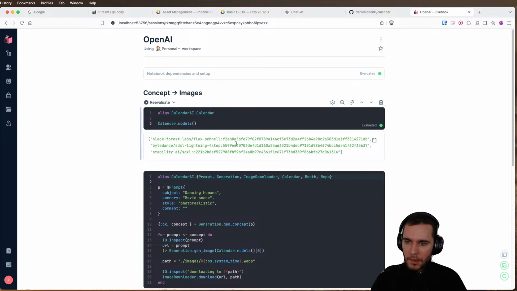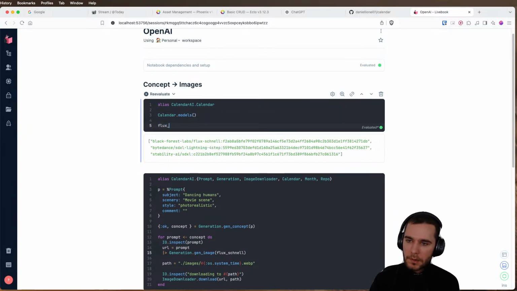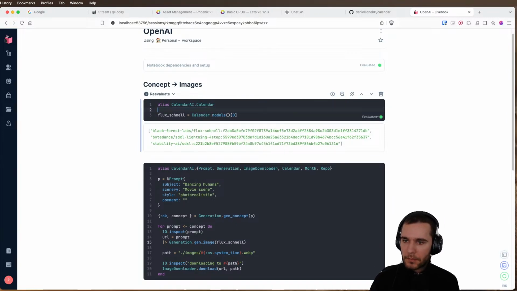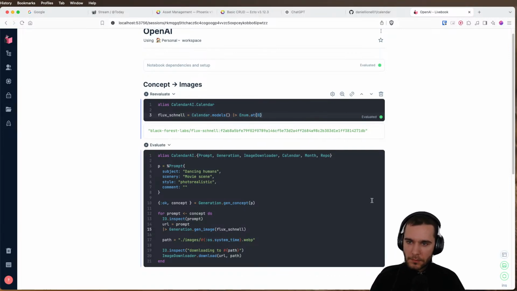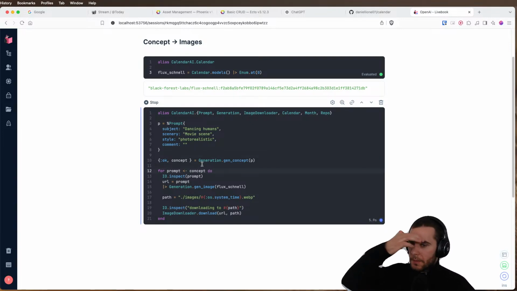Sweet. Yeah, so 0 is going to be Flux Schnell. And I can say flux schnell is calendar.models 0. Or rather, Enum.at 0. And here we're gonna generate the concept and then go from,